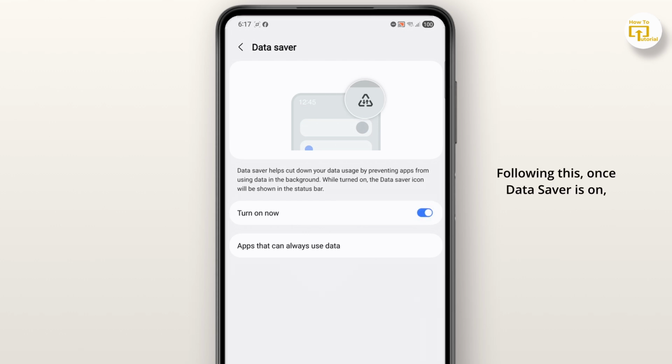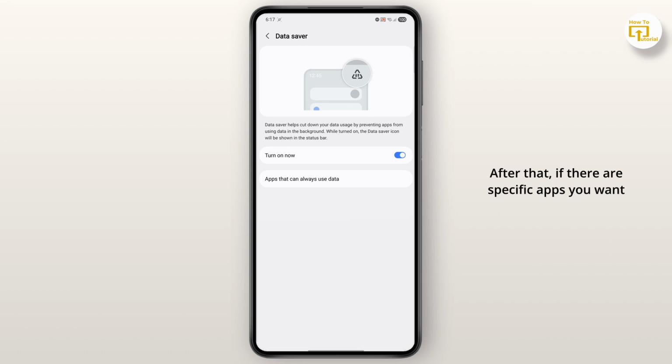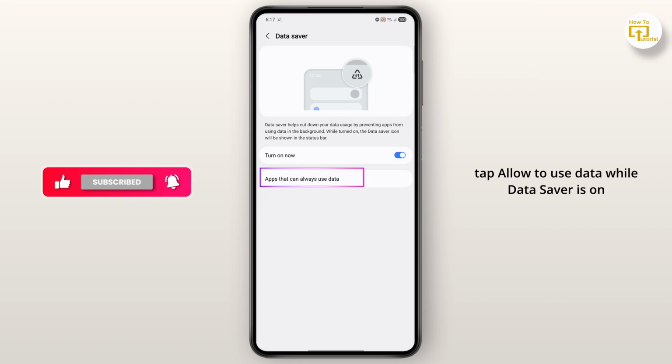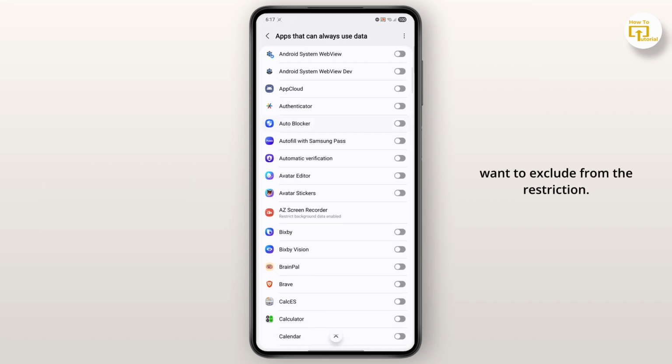Following this, once Data Saver is on, it restricts background apps from using mobile data and limits how much data apps can use while you're not actively using it. After that, if there are specific apps you want to allow unrestricted data access even while Data Saver is on, tap Allowed to use data while Data Saver is on, and toggle on whichever apps you want to exclude from